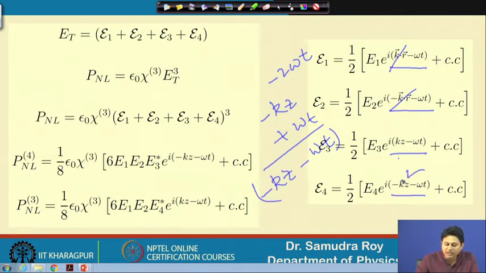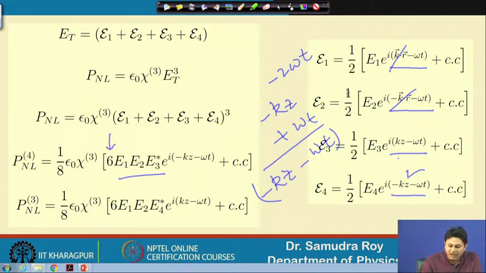So, that means I need to multiply E1, E2 and then multiply the E3 star with that. Exactly the same thing is done here, because it is (a plus b plus c plus d) whole cube. So a cube plus b cube plus c cube plus d cube, this term will be there. Also the mixing term is there. In this mixing term, if three terms are not the same, we know the degeneracy factor 6 should be multiplied with that. That is why this 6 is here.